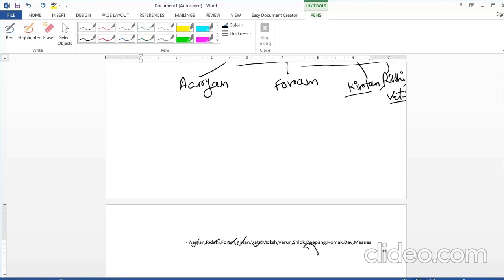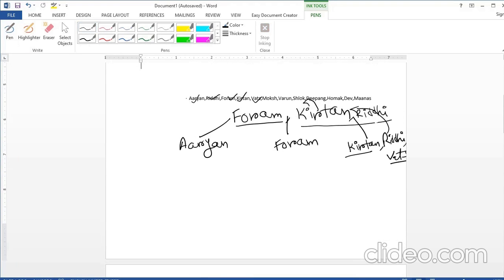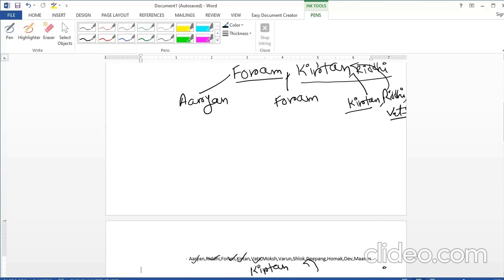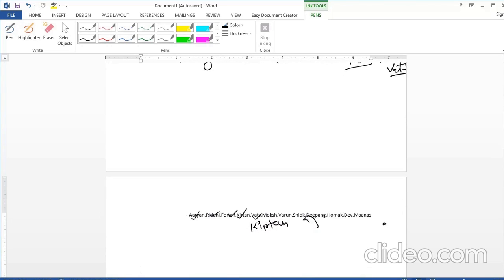So we are going to have Kirtan on top, then the second level, on the left pointer Forum, on the right pointer Kirtan and Riddhi.